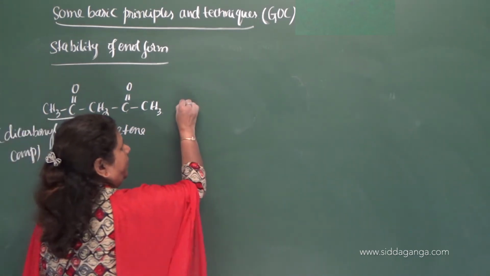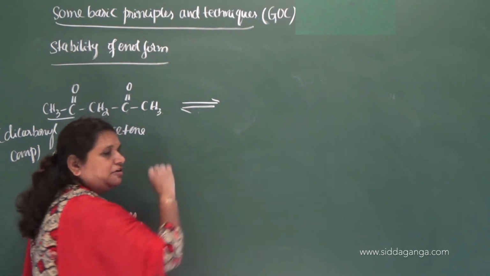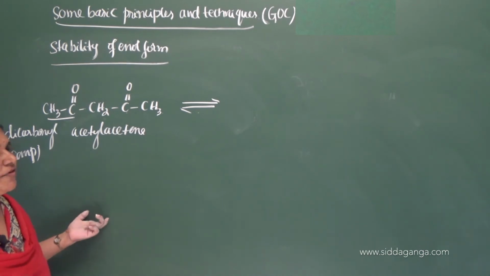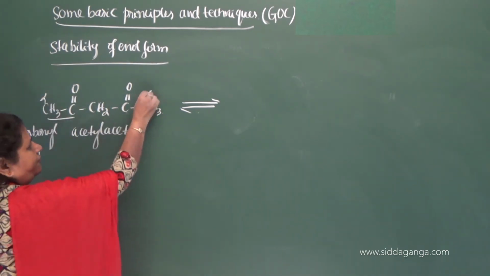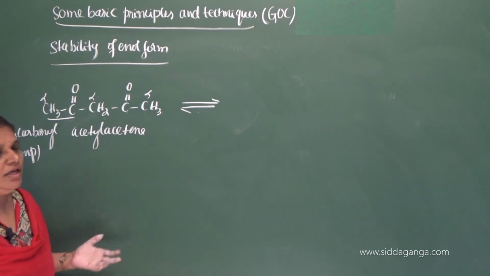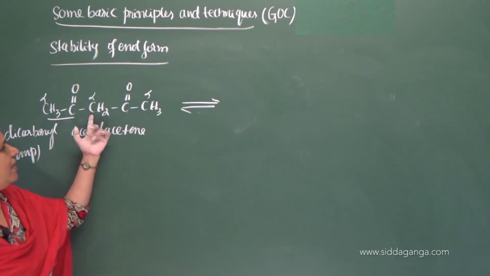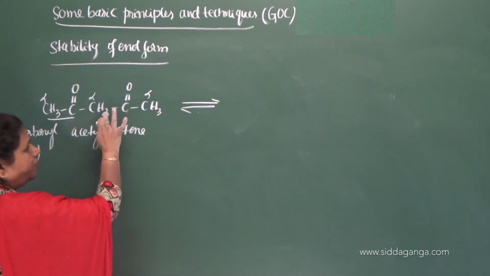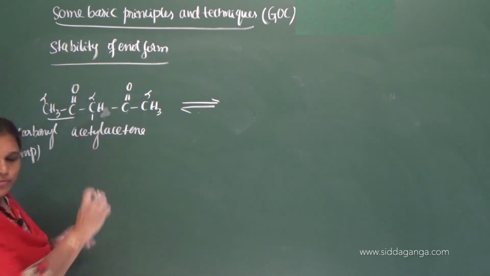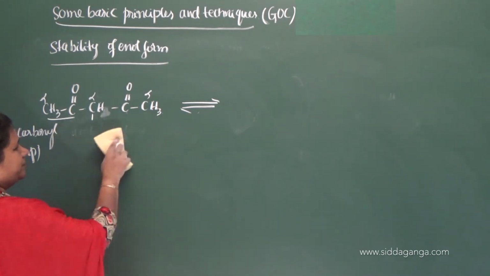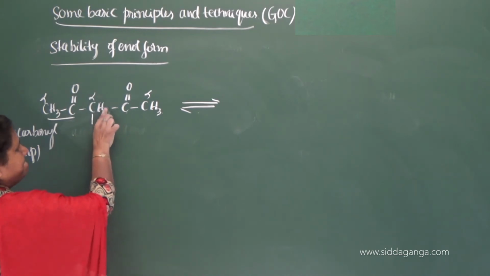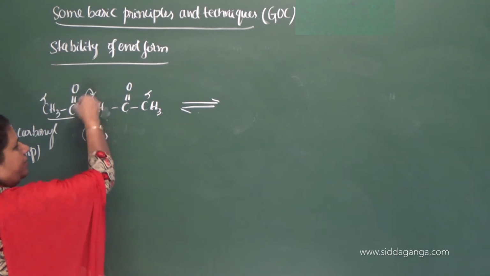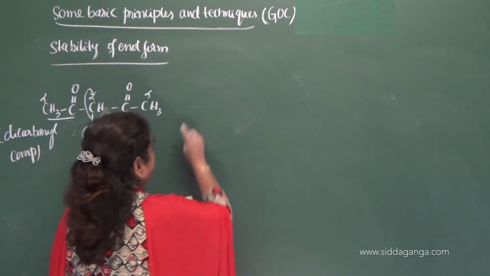So here, when the shift of the alpha hydrogen takes place, the condition to exhibit isomerism is satisfied. This is alpha hydrogen, this is alpha hydrogen, this is alpha hydrogen. Anyone can shift here, but definitely the hydrogen from this carbon shifts because of the cleavage of the bond. I'll write the cleavage of the bond here. See, hydrogen. So this bond shifts on the carbon. Then I will write the intermediate first here.